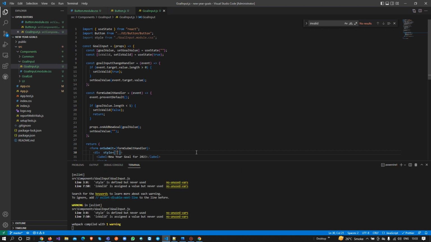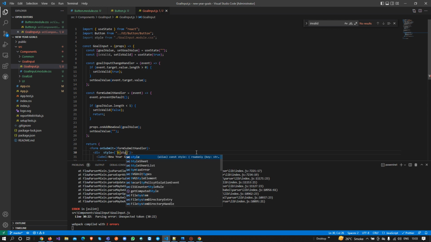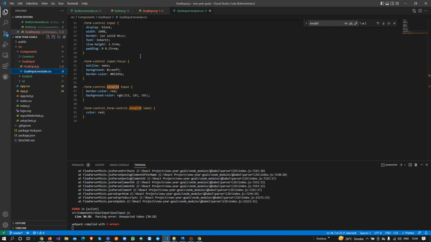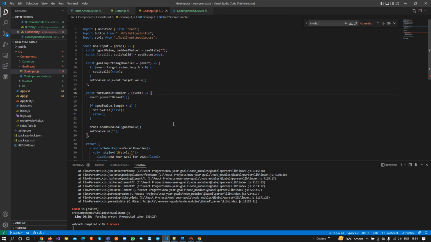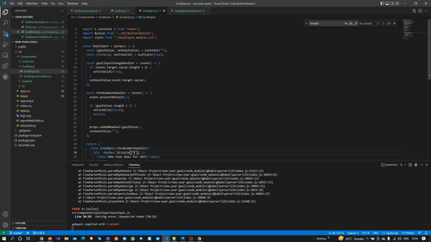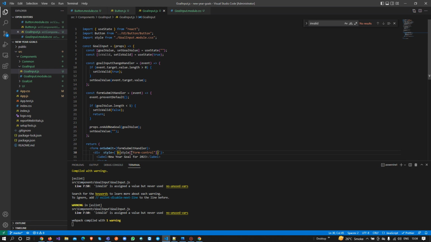and then two backticks, which we have already discussed in our previous videos, and a dollar sign. And now I need to pass parentheses because here we can pass a JavaScript expression. So I will say style dot, and once I write the dot, it is going to show options. Because of the way we have written this form-control, it's not a valid way. We do not need to pass these hyphens here, so I'm not going to remove it. We can change it later on in the project, but for now, how can we call it? We can call it by bracket form, form-control, right? So it looks good,